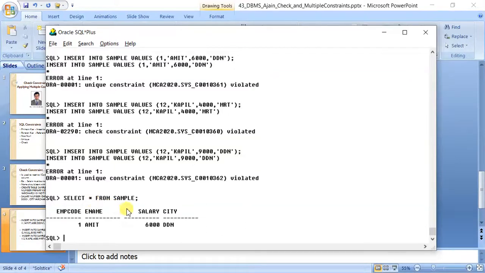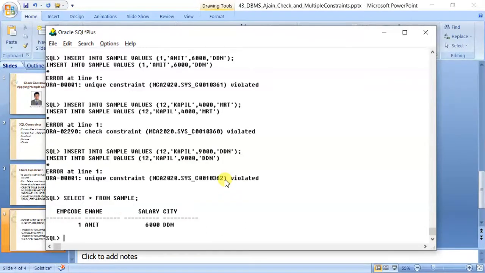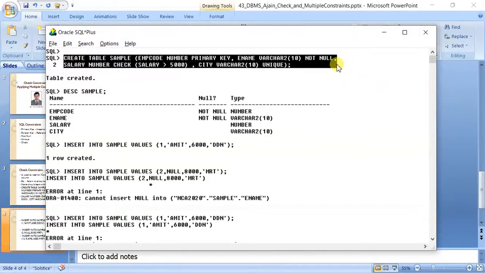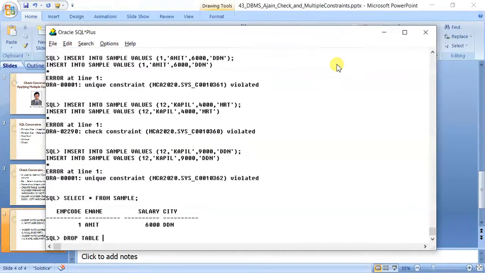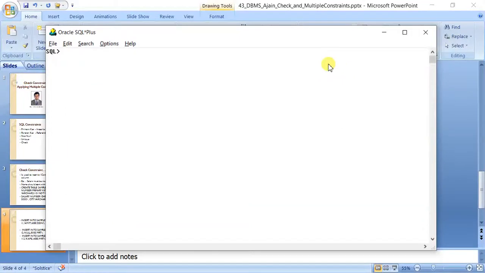So you can see that this is how check can be used, and check can control range also. For example, let us create this table again. Drop table sample. Let me create it again.